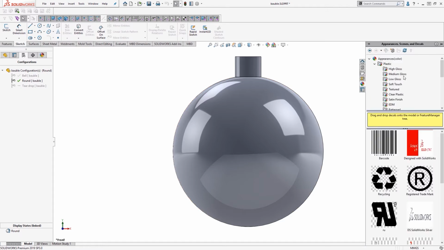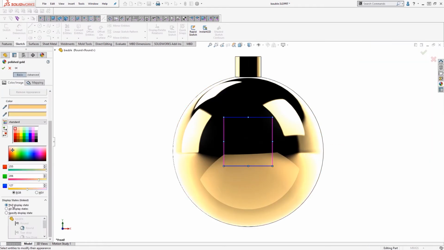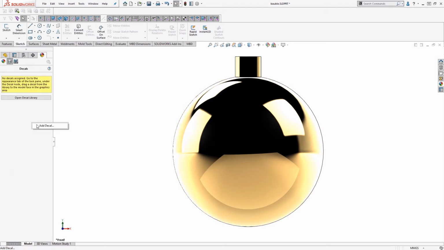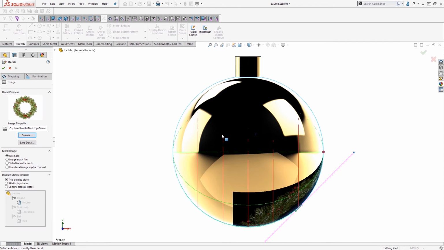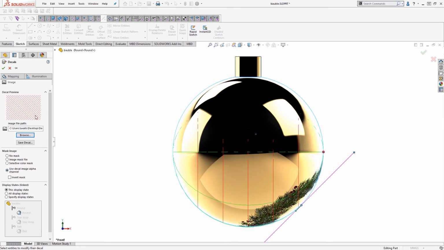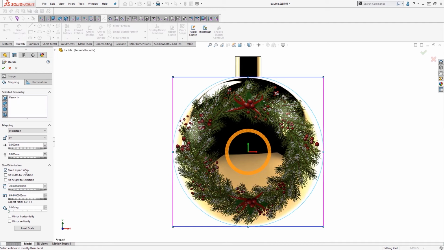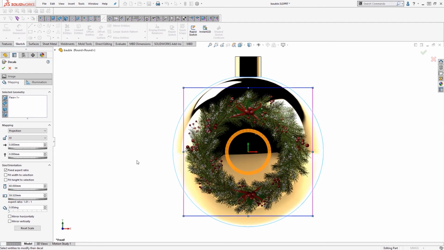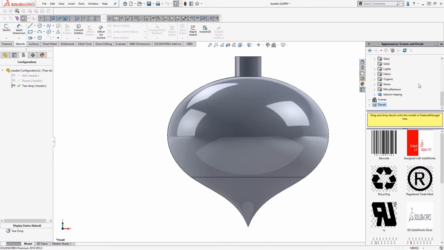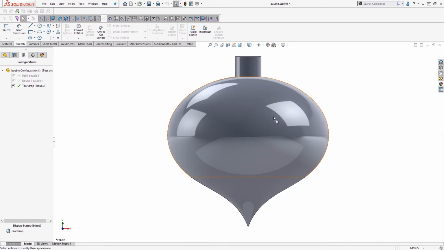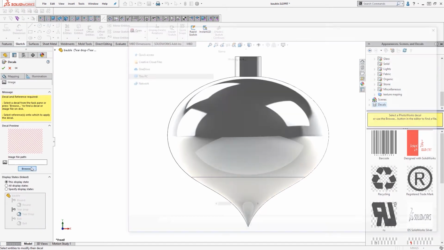I'm going to add polished gold to this design, again holding Alt and making sure it's this display state. Now I'm going to add a decal to this design. This time I'm going to use projection, X, Y and reduce the scale slightly. And now we'll finish up our final design. I'm going to use a chromium plate for a shiny silver and we'll add a decal to this design.